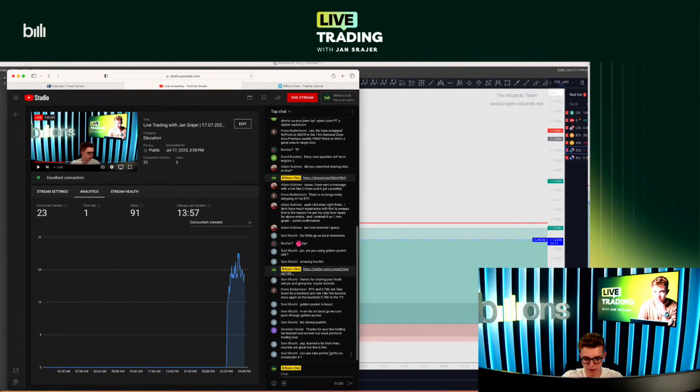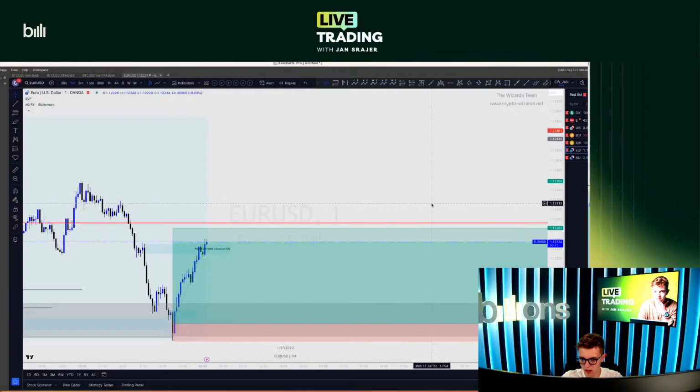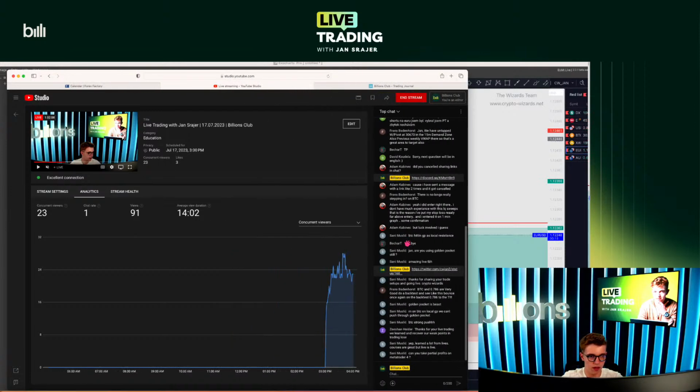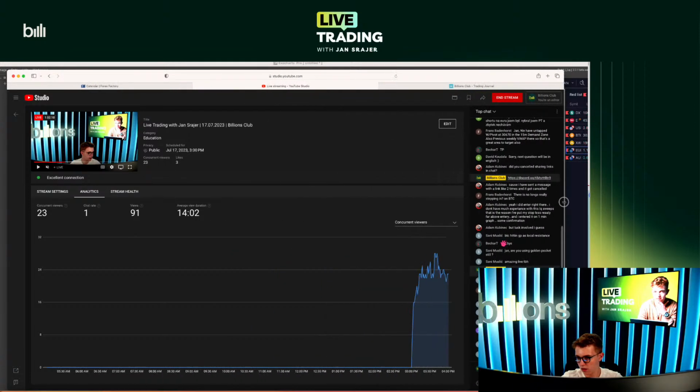Can you take partial profits on MetaTrader 4? Yes, you can. Honestly, I am not sure about the desktop one, because most of the time I use mobile actually. But what you gotta do is you need to hold your finger, click on close, and then instead of your default amount of lots, you will just select the amount of lots you want to close. But you will find some videos about it. If you want, then I can find some for you.